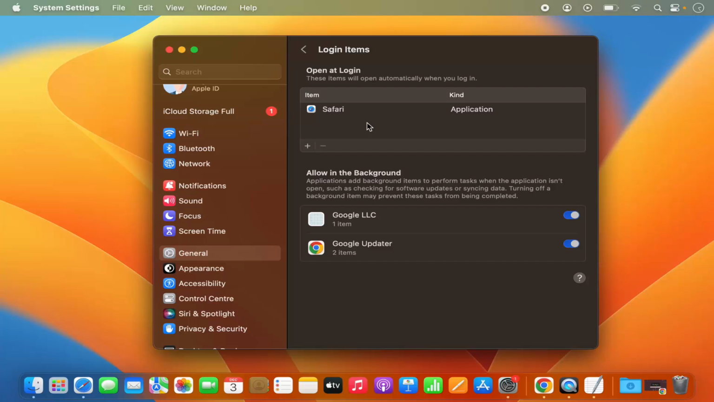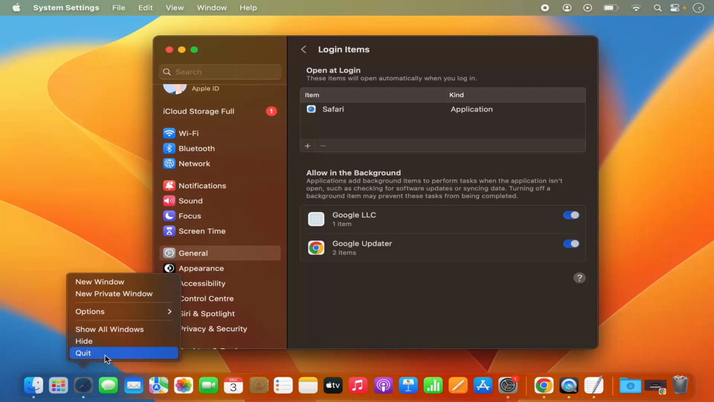Now the other way of removing any application from opening at the time of login is to just go to that application. So let's say this is the Safari app which is also there in this list. Just right click on the icon on the dock of that app. So I'm going to right click on the Safari app, and then in the options I have this option to